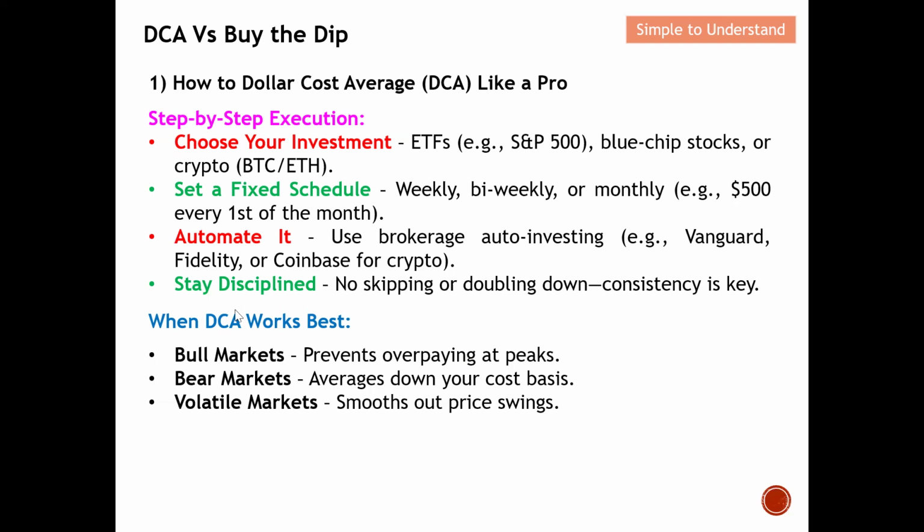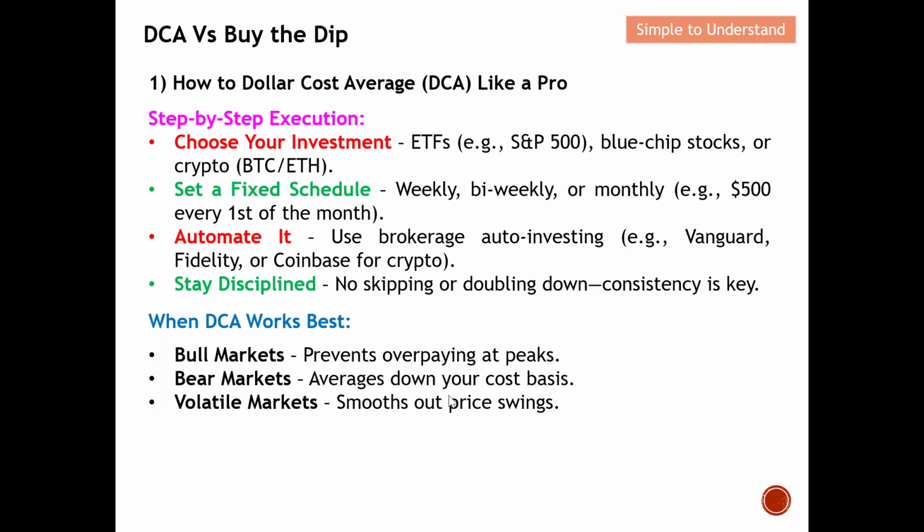Under a bear market, DCA can also be very useful, because it averages down your cost basis. As I mentioned earlier on, under the bear market, the price may go down and down and down without you knowing. So when we do this DCA, we can have some form of average, and this will indirectly reduce our risk also. Under a volatile market, which means there is a sudden swing, even if there's a swing, DCA should be more suitable as compared to the rest.